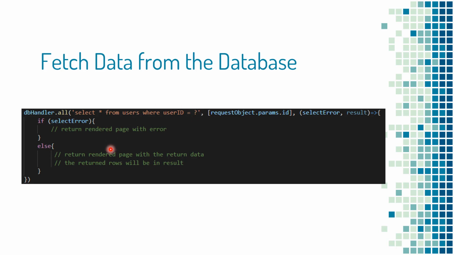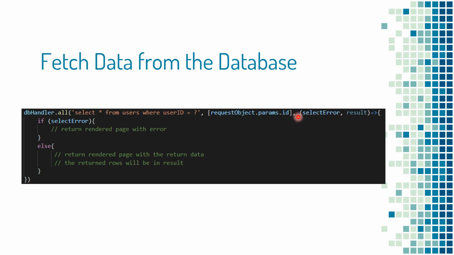Since this ID is going to be received from the end user, what you should do is grab it from the request object, params, and take the ID. The way it works, you take this value and it replaces the placeholder here. So in this case, the callback here